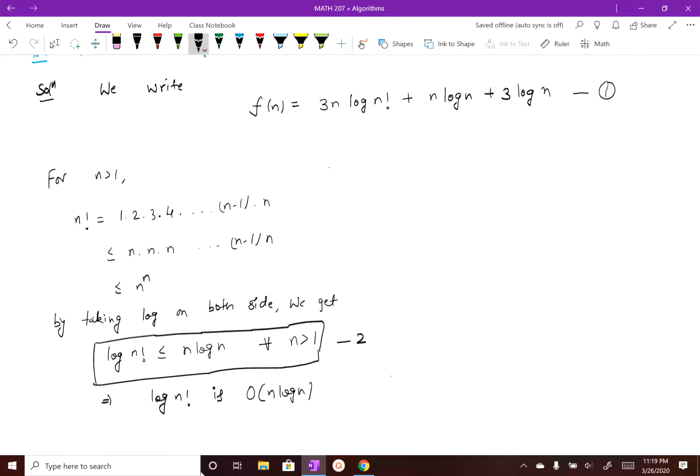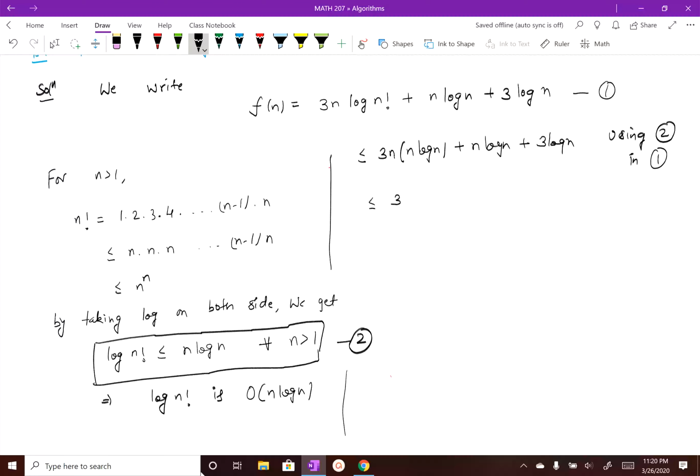Now using this second result in your equation 1, we can write our f of n is going to be less than or equal to 3 times n times n log of n plus n log of n plus 3 log of n, using second in first. Okay, which is less than or equal to 3 n square log of n plus n log of n plus 3 log of n,